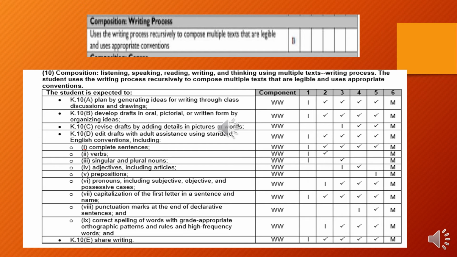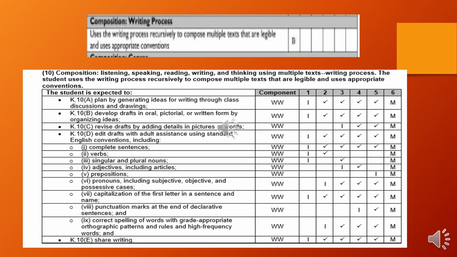So if you look across, it shows that mastery is expected in this particular skill at the end of the school year. Now, if you look at the first 6 weeks with that letter I, that shows you where the standard is introduced. So let's take for example K.10a: plan by generating ideas for writing through class discussions and drawings. Notice that it is introduced in the first 6 weeks. It's spiraled and reviewed in the second, third, fourth, and fifth 6 weeks periods,